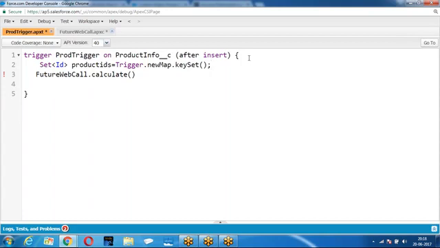If it is a before insert, I don't have the record ID. When you don't have the record ID, which record do I have to update? Because the future method is not going to run right now. The future method may run right now or after 10 minutes. Suppose your future method is running after 10 minutes, how does it know which record it has to update? If you provide the record ID, I know these are the records which I have to update. If you don't provide me the record ID, how do I know which records I have to update? Then there is a problem.